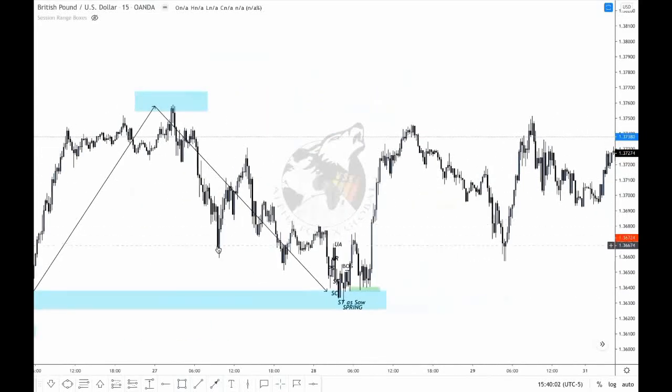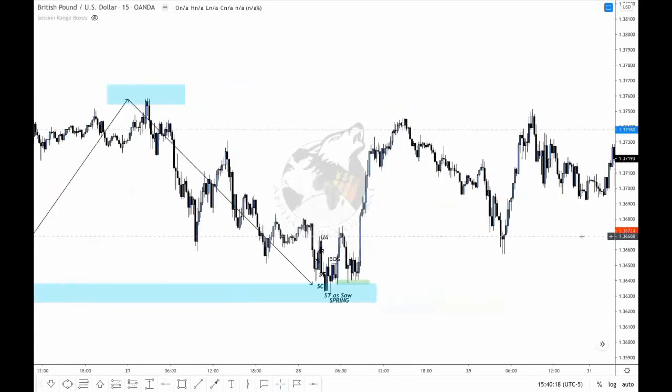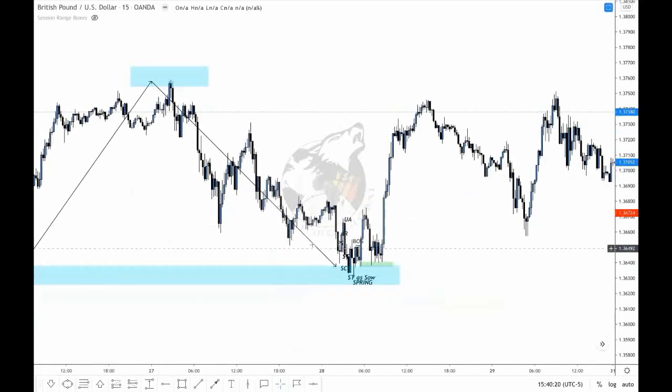And notice how the market is basically creating these three drives, creating divergence right here. So the market is basically slowing up, right? Because we are approaching a POI where we can get a possible reversal to the upside. All right, so when I look at this, let's remove this. When I look at this, first I saw a divergence here,